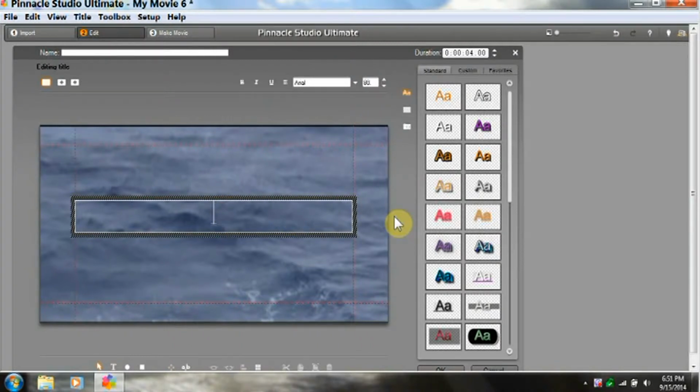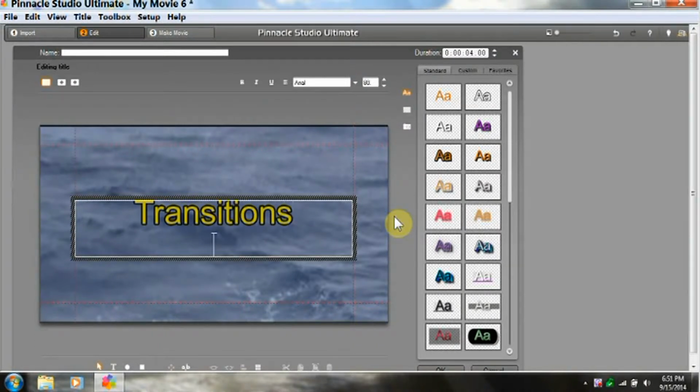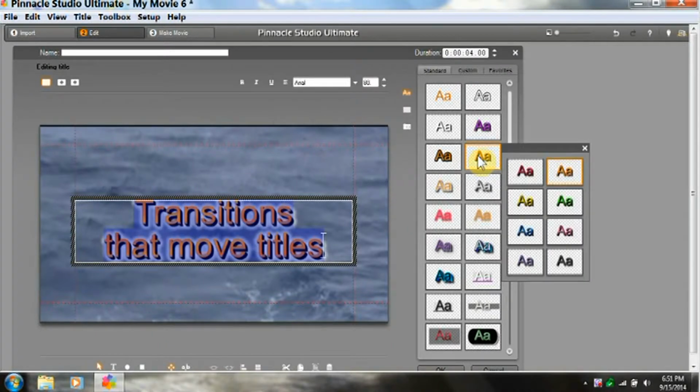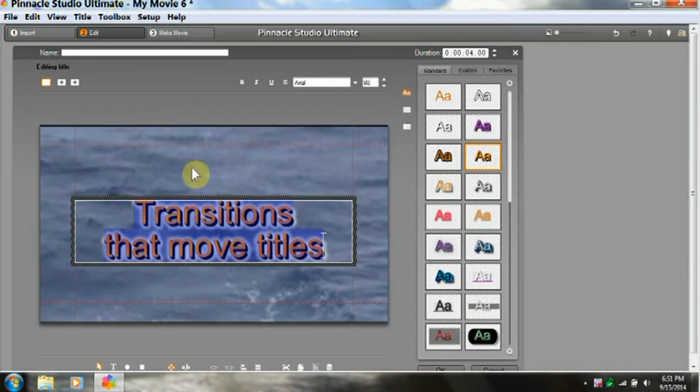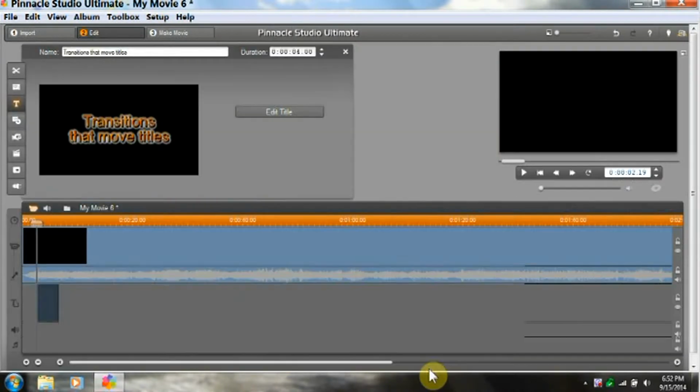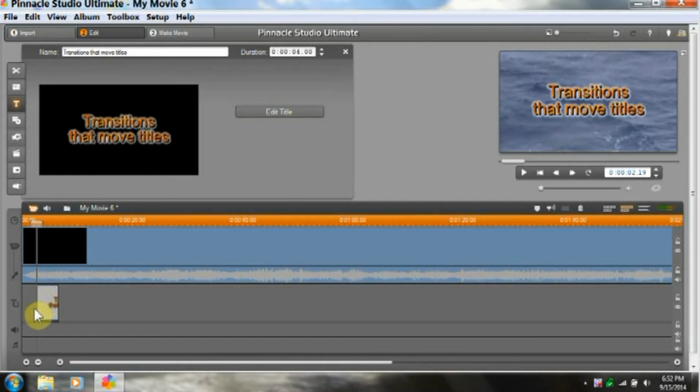So I'm going to put in transitions that move titles. All right. Now I don't particularly like that font, so I'm going to simply do a Control A. See how it highlighted? I like this font right here, and that's good. Now I want to make sure this is right in the center. So I'm going down to this little tic-tac-toe box and click in the middle, and there it is. Right in the middle. Alright, I click OK, and the title is down here on the title line, and it